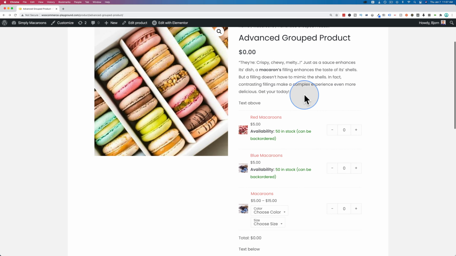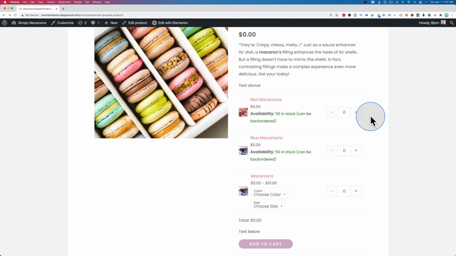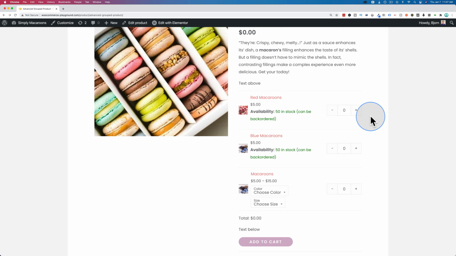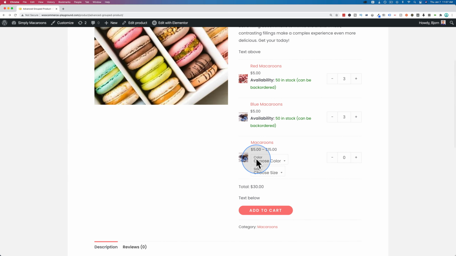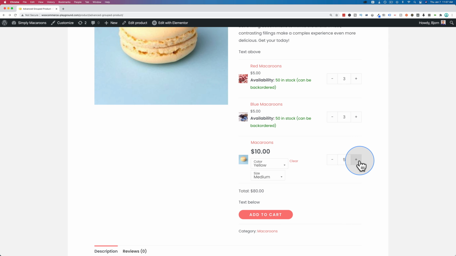So you've all seen a group product. Maybe you haven't, but if you have, you've seen group products with simple products where you can just click plus or minus to add an amount of whatever this simple product is that's in the group. With what I'm going to show you today, you can add variable products to the group, which we see right here. We can choose our variations and then change the amount and add those to our cart as well